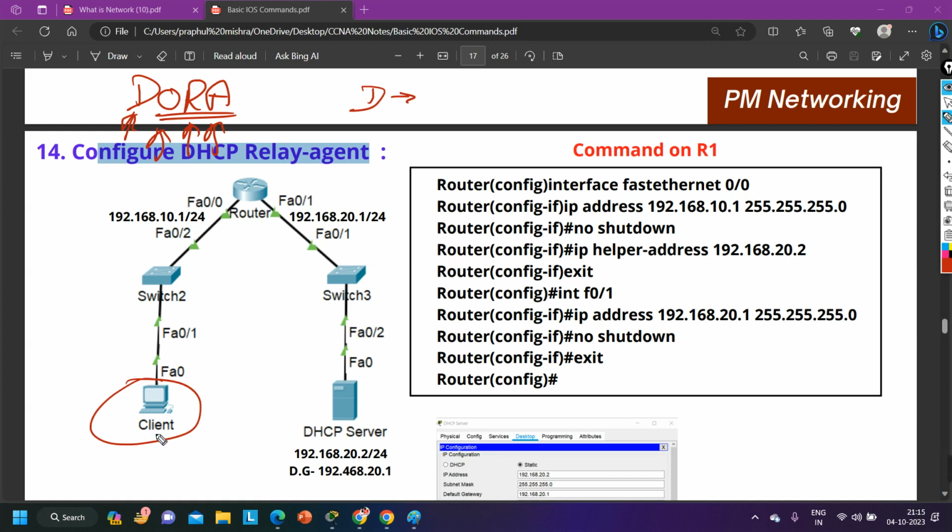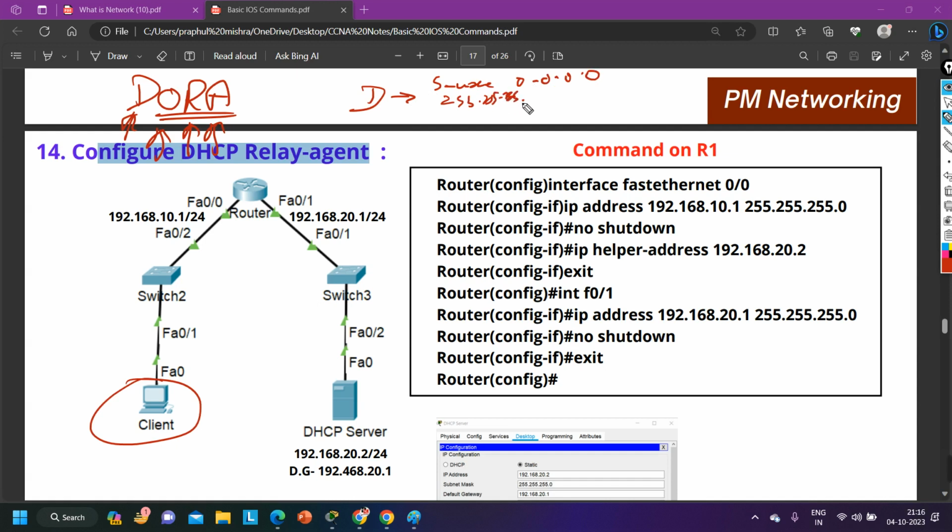So what will the client do? The client will generate one DHCP discover message. In that discover message, the source IP is 0.0.0.0, and the destination IP, since it doesn't know who the DHCP server is, will be